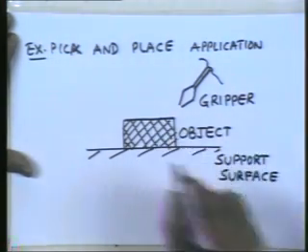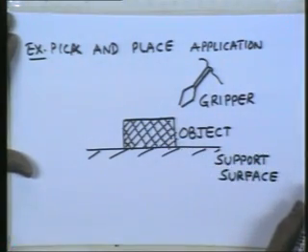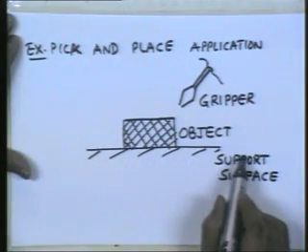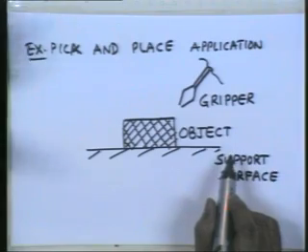When it is being picked up, you wouldn't like the gripper to press into the support surface. That means the nature of the approach motion should be such that it doesn't press into the support surface or crash into the support surface. So you may want to control the process of picking up the object by specifying a certain point slightly away from the initial position on a normal to the surface.